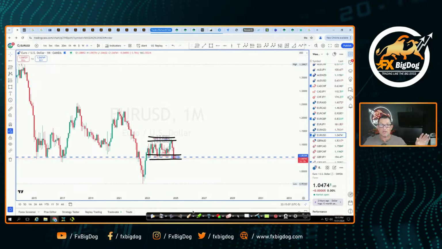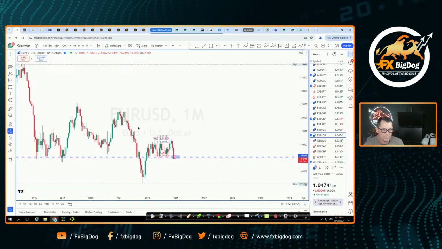So don't go ahead and say, Big Dog, what number are we looking at? What is the actual price that the price is going to turn at? Don't ask those questions, because if I had a crystal ball, it probably wouldn't be the right answer in any case, because the crystal ball would probably be wrong 10 times, 100 times, or 100% of the time. Now, this is the deal right here. We are at an area of support.